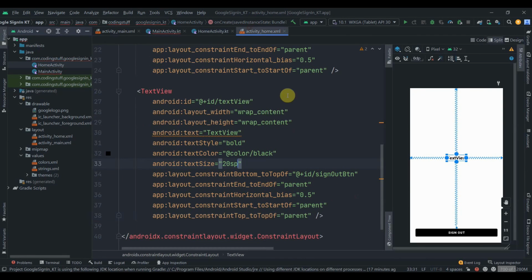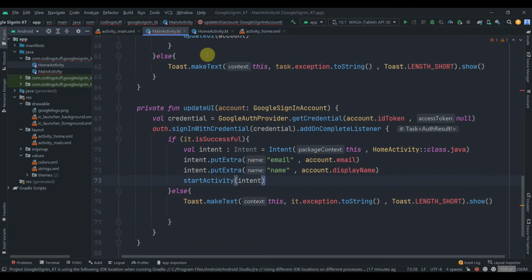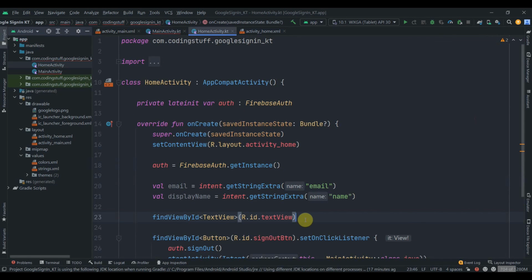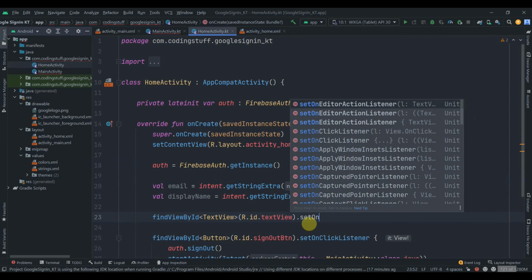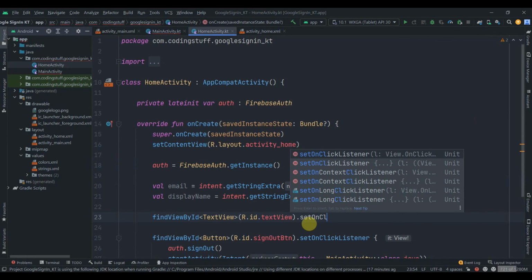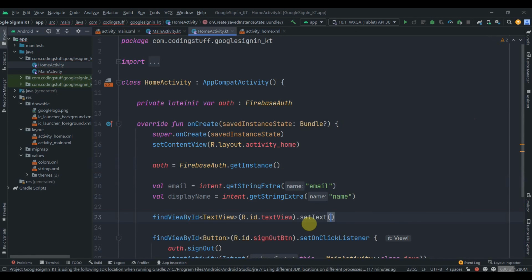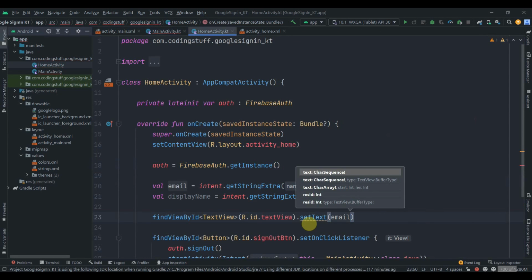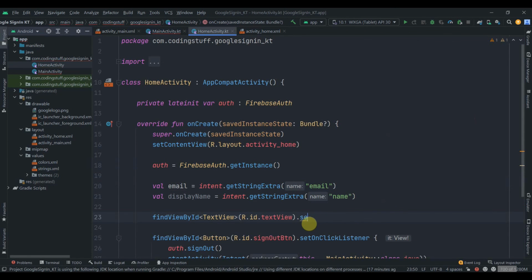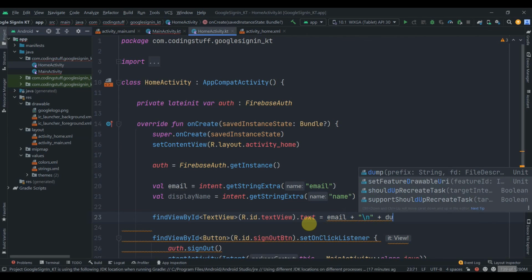Let's just check it over here. So yeah, this is textView. So textView.setOnClickListener. No, we will just set the text to it. So set text, first will be email, we can just write in the Kotlin way. So text = email plus \n, the next line, and then the display name,